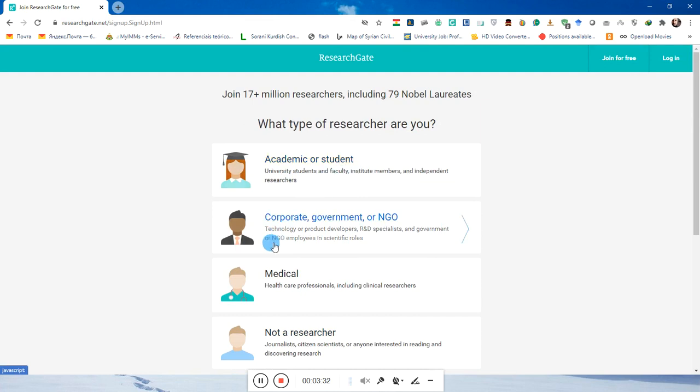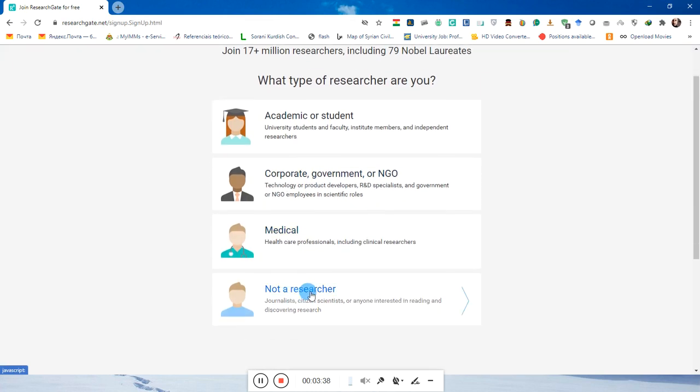If you are working in the corporate or company or government or NGO, then you can choose this one, and medical or not researcher. So if you are a student,